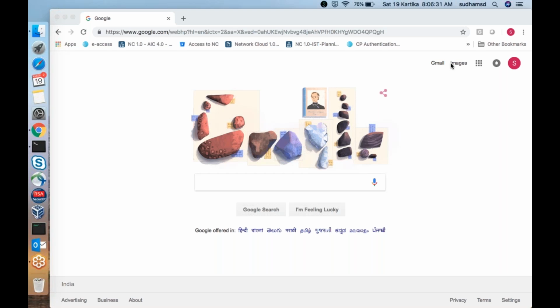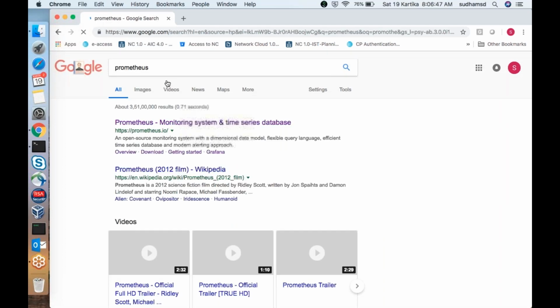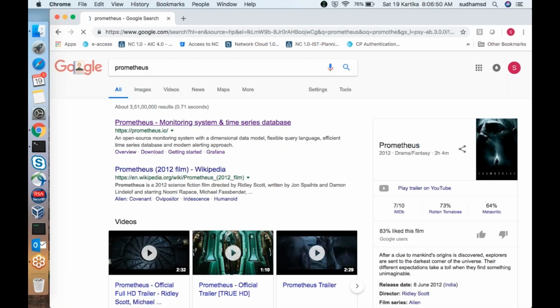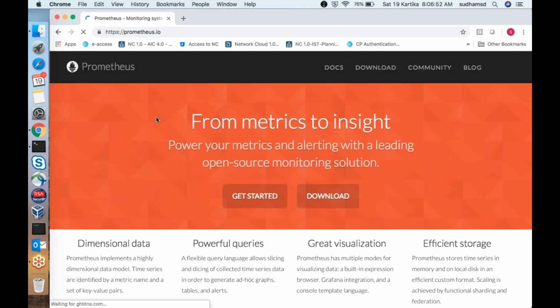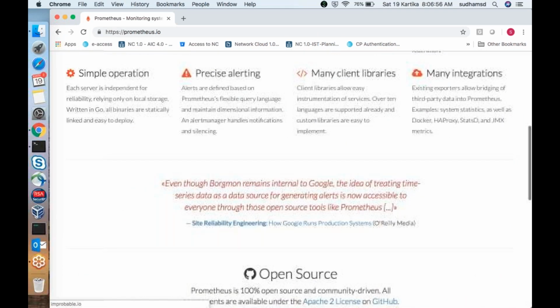First of all, let us see how you can pull the information to the Prometheus dashboard. The spelling is Prometheus. You can search in Google and you can get the starting link itself. You can see the official document, where it will explain the usages of this particular Prometheus. Here there are two things. In this Prometheus tool, we have two components, where one will collect the information and give it to the second component.